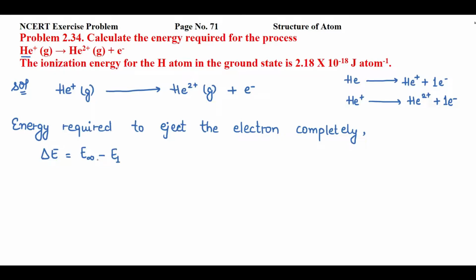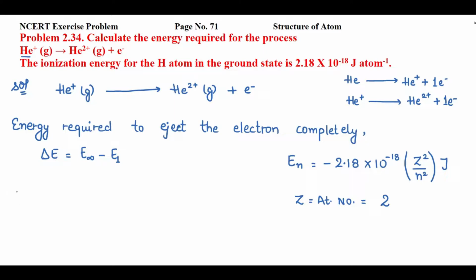How can we find the value of energies over here, right? For this, we will use the formula Eₙ, where n is the orbit, equal to minus 2.18 × 10⁻¹⁸ × Z² by n², and this energy is in joule. Z is the atomic number. So the atomic number of helium is 2 over here. Now first of all, I have to find the energy of the infinite orbit, right? So for the infinite orbit, the value of n will be infinity.